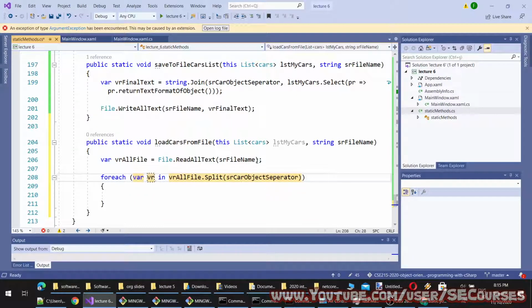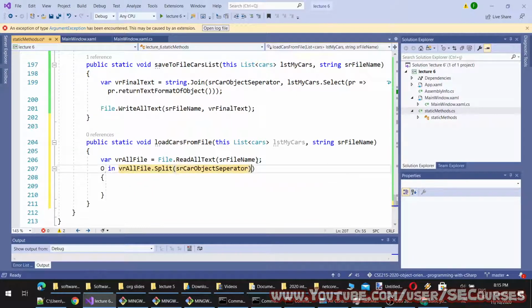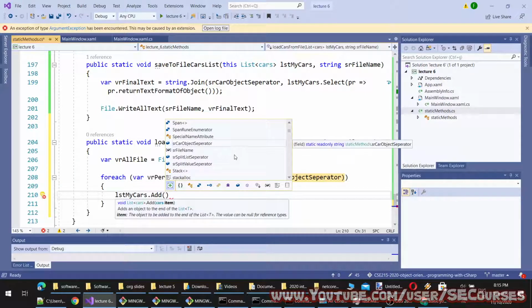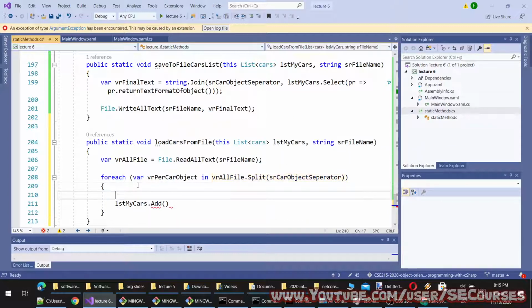We are per car object, and then this will do this add. I need to compose a new car object. Cars, temp car, load from file.